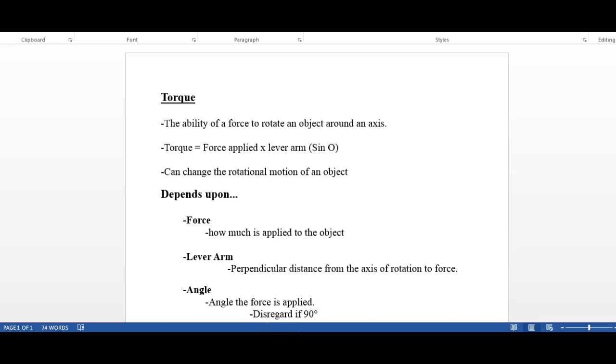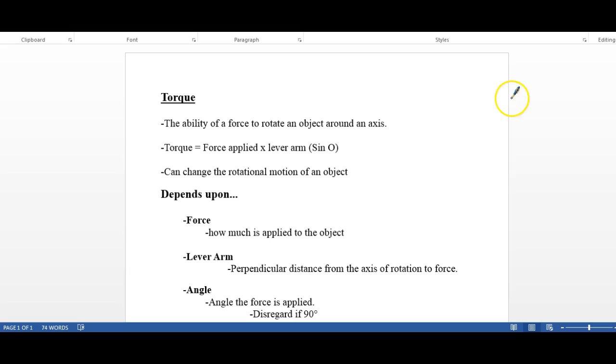Alright, so these are going to be our notes on torque. As we've done with all the other units too, we've looked at them as measurements of velocity, acceleration, and then in the end we looked at force, and that's kind of what we're doing here. So we're looking at rotational motion and gravity and Kepler's laws, and now we're looking at the idea of how does a force make something rotate